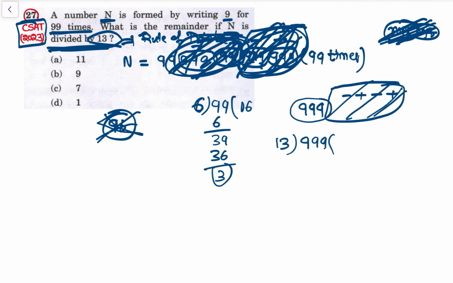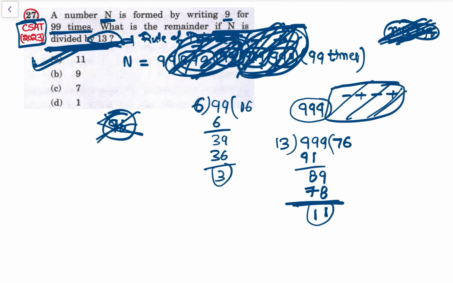So 13 7s are 91, then 8 9, then 13 6 are 78. So this is 1 and this is 1. So that is 11. So what is the remainder if n is divided by 13? So remainder is 11 is the remainder. 11 is the remainder. Again काफी अच्छा क्वेश्चन है।